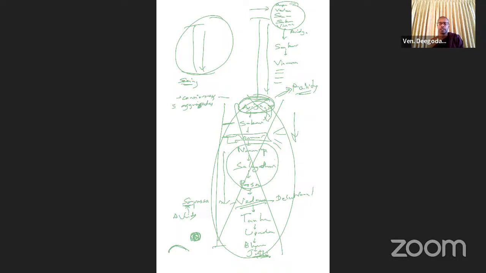It actually starts with very dense avidya, or dense moha, and it reduces gradually. So when the level of very dense avidya or moha is gone,